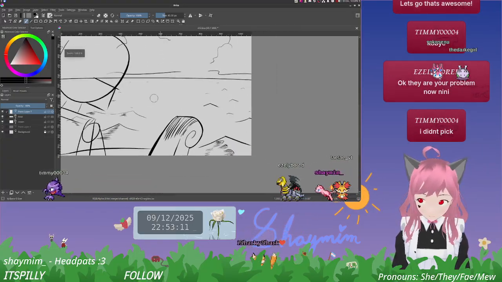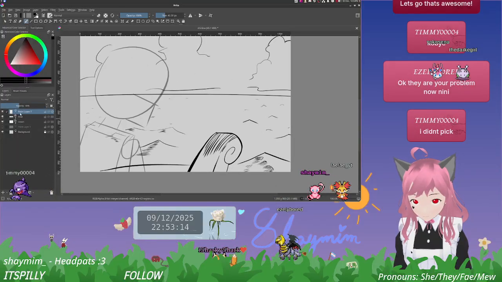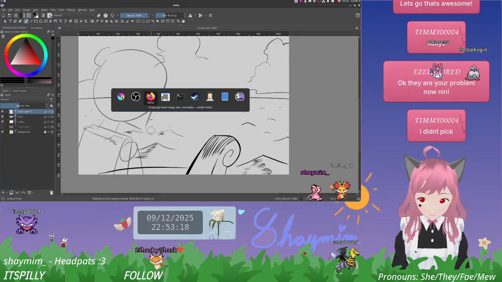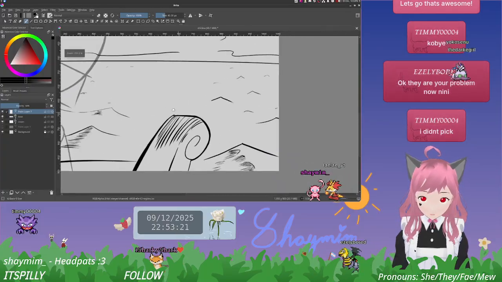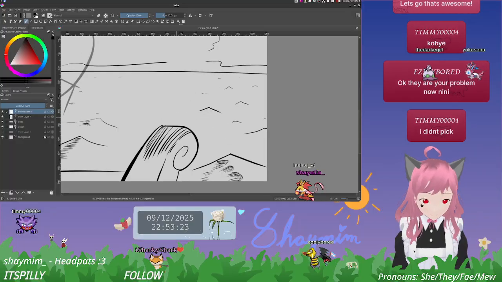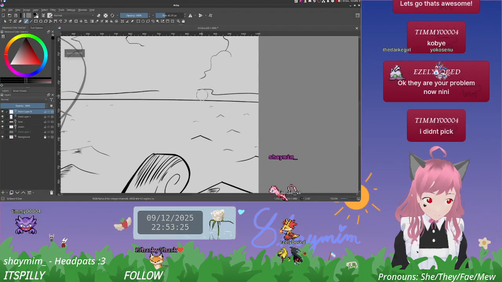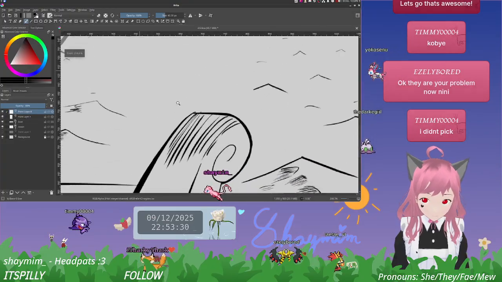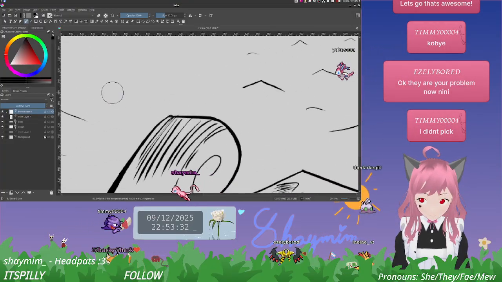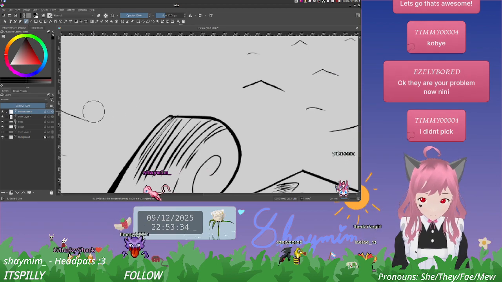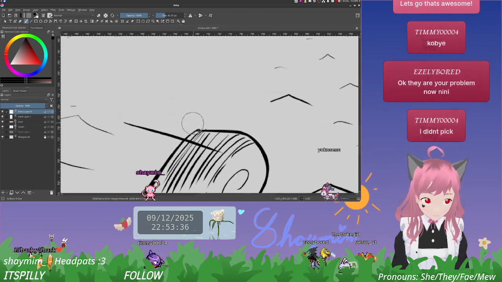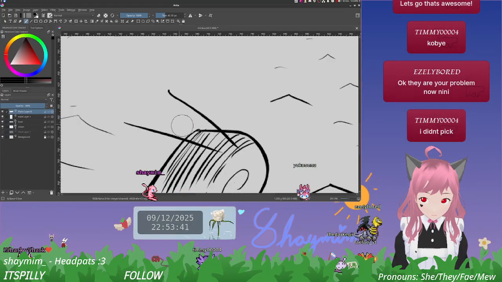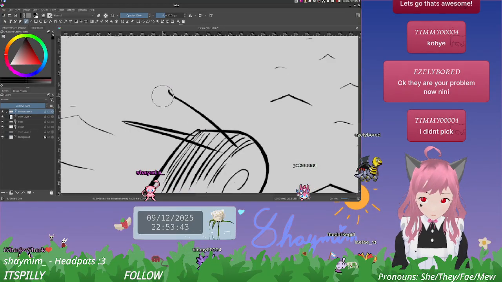I'll draw Luffy first. I'll make that a little lighter, so that we don't have to worry about it right now. But then on another layer, let's see. So we've got the leg like this, like this, and they do both of those.